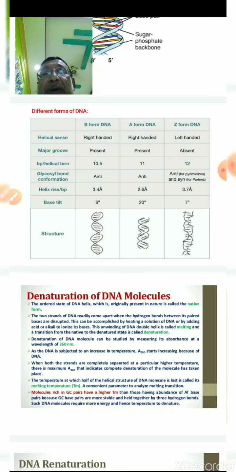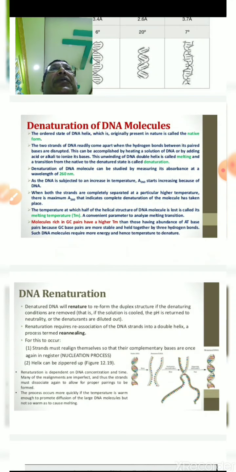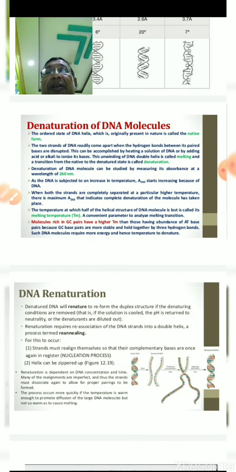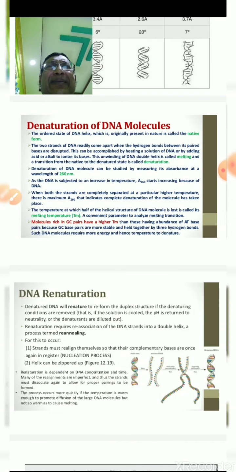Okay. After that, I would like to discuss another important property of the DNA, which is popularly known as denaturation and renaturation. We know that when the DNA is artificially heated in an in vitro medium, it denatures, that means it breaks. Again, when we cool it, it renatures. That property is known as denaturation and renaturation, or breaking of the DNA and annealing of the DNA.